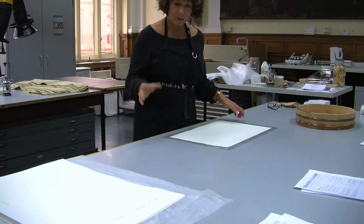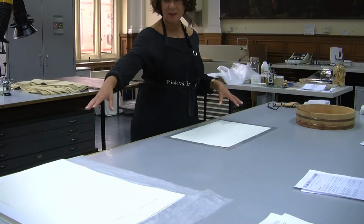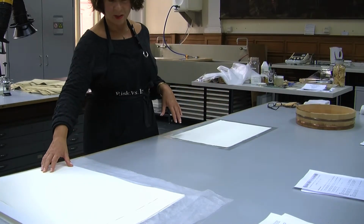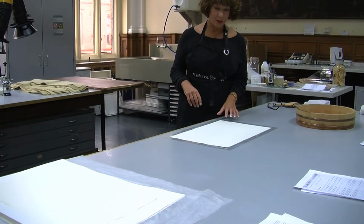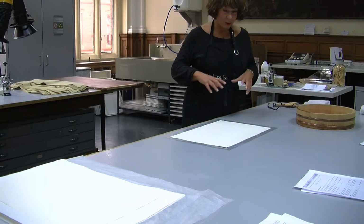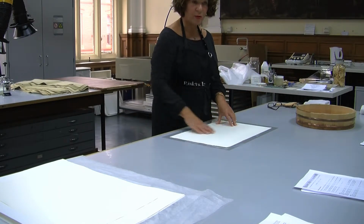Okay, so the second one is the more dramatic expansion and contraction. We've seen already some expansion occurring, but this is pushing it to the boundary. So we're thoroughly relaxing very rapidly the whole structure of the paper,